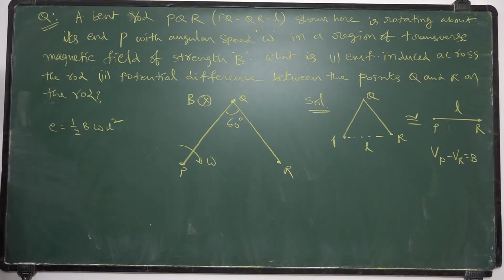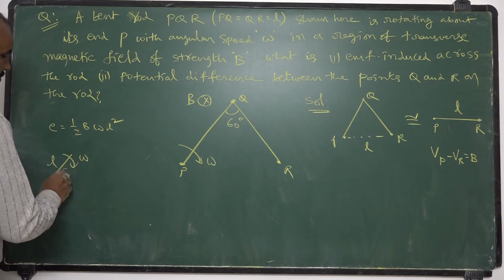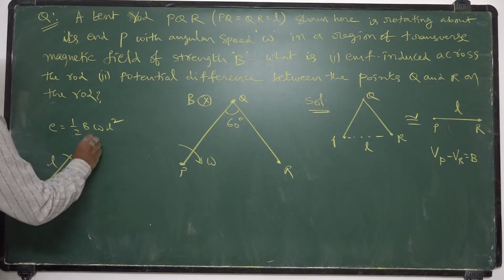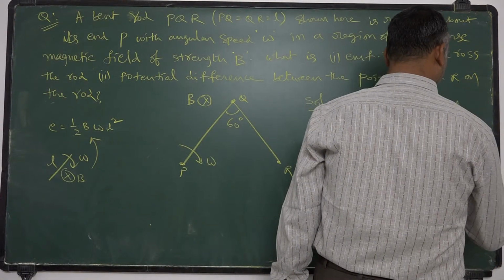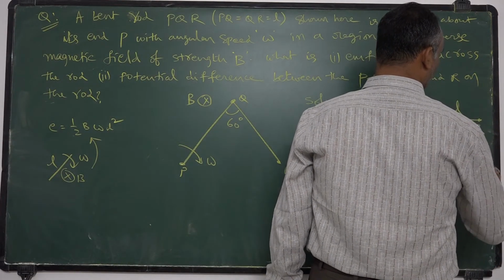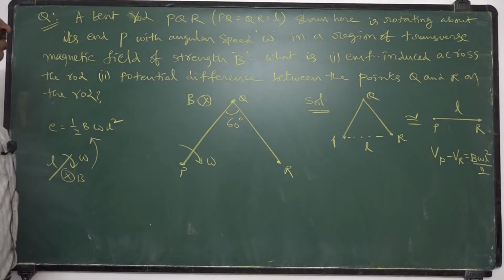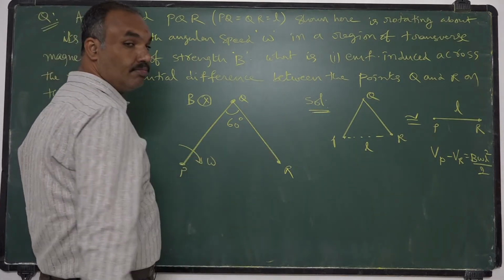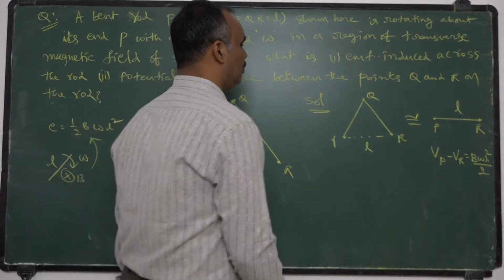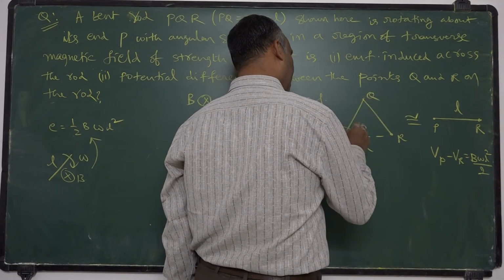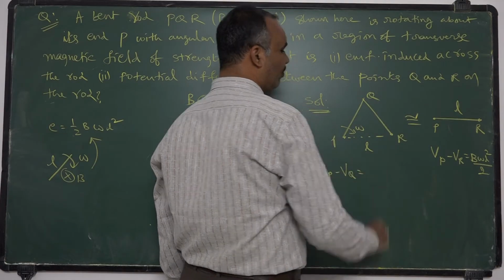We already calculated that a rod of length L rotating with angular velocity omega in a magnetic field of strength B develops an EMF of half B omega L square. So B omega L square by 2 will be the EMF developed between the two points P and R as per the effective length concept. Otherwise, if you consider only PQ, rotating with omega, then Vp minus Vq is given by